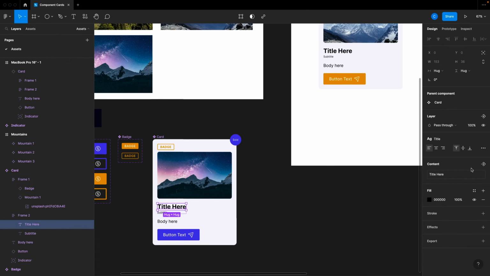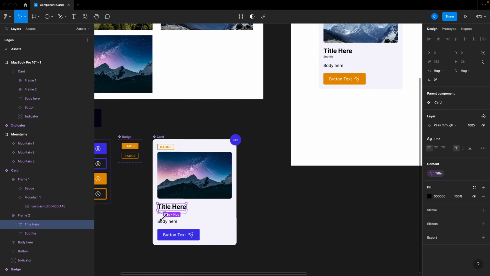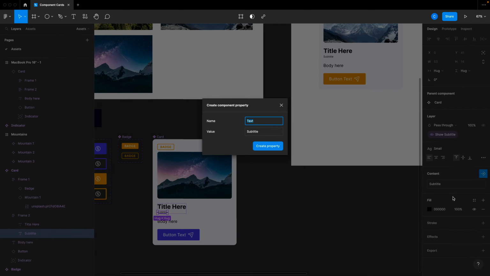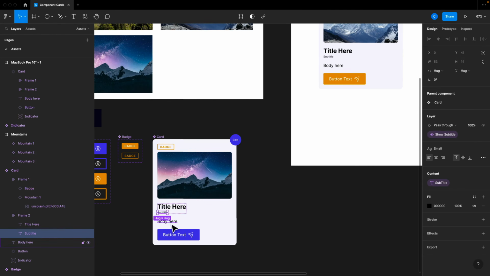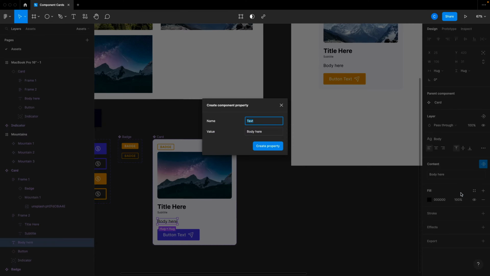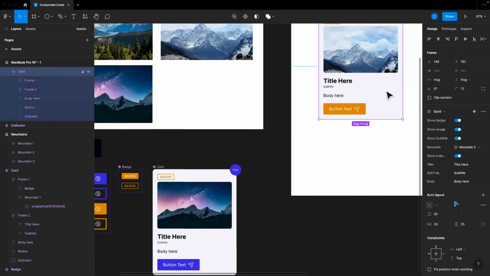So I'm going to grab this, and we'll come over here, and we'll call this title, and this will be our subtitle, and I'm grabbing the content because these are all text. So we'll say subtitle, and same thing over here for the body. So let's come over here and create a new property, and we will call this body. All right, so with all those set, I should be able to come over here, and